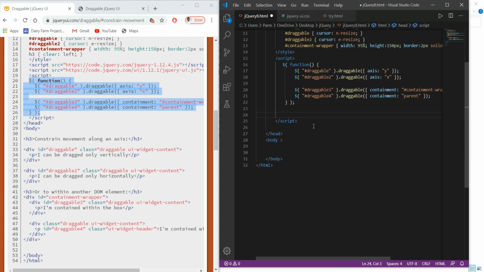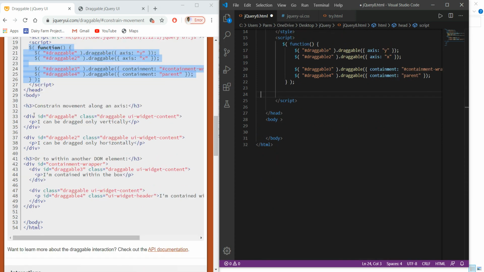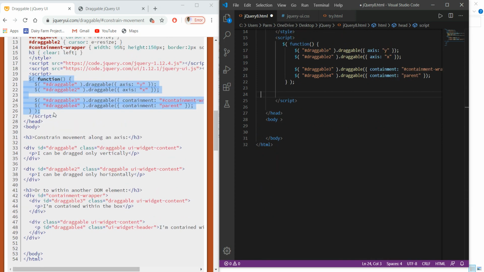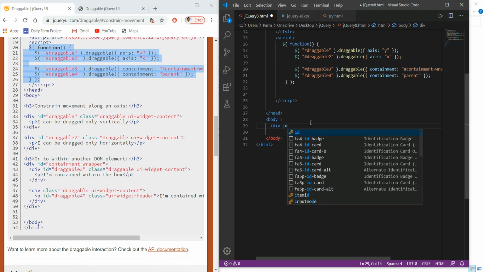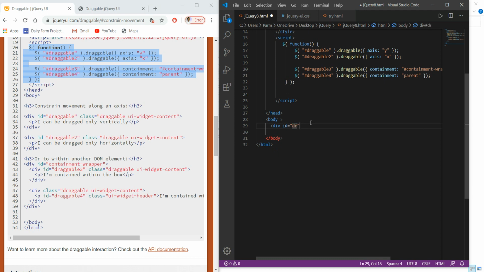Then we have to write the div. We just have to create a div. Say we want to move an element horizontally first. For this I will take a div, and here we have to use the ID draggable2.